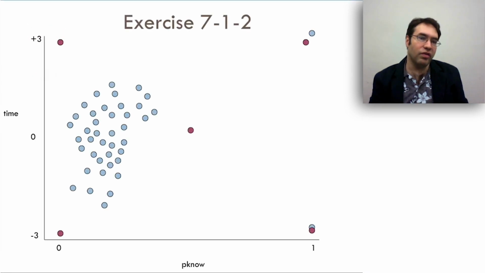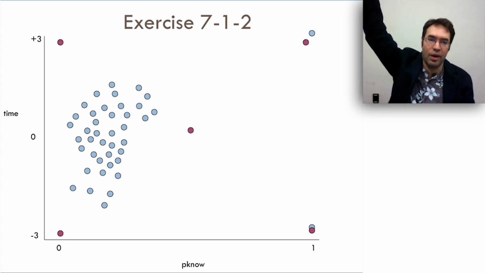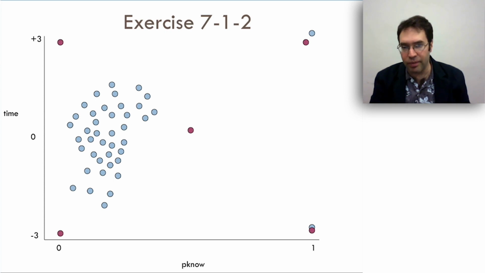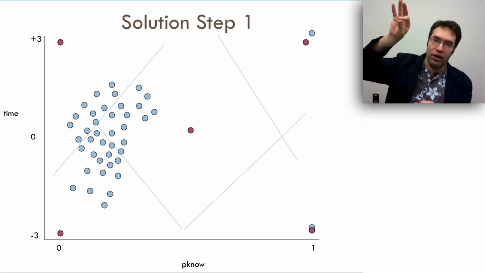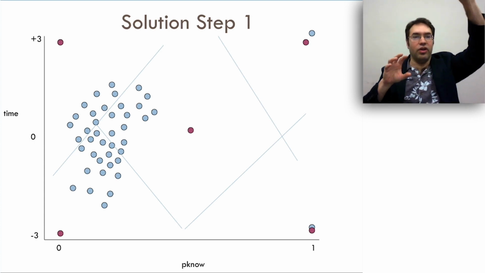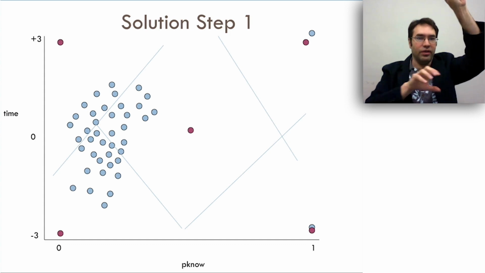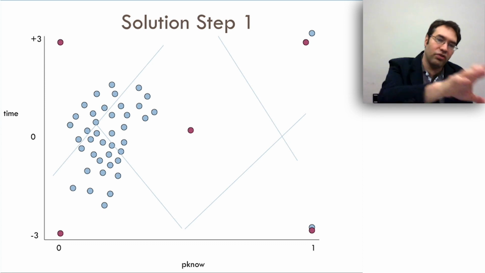Now let's do exercise 712. You'll note in this case that we have almost all the points clumped together, except for a couple outliers at the top right and the top left. What's going to happen? So what we see is that there are 5 clusters, and you can see that the initial clusters for bottom left and top left are going to march towards those. The center point is going to march towards the left,